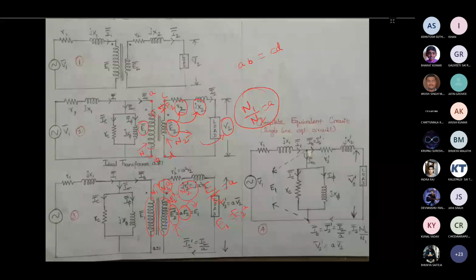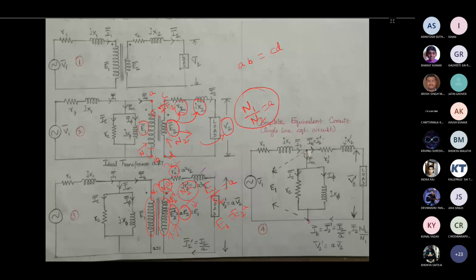Okay, so if the EMF induced on both the windings is the same, I can rearrange everything like that, because the resistance I had depended on different voltage and current. So now I am changing according to the voltage, which is made equal by the transformation ratio. Now this R2 dash I have written in terms of A square R2.